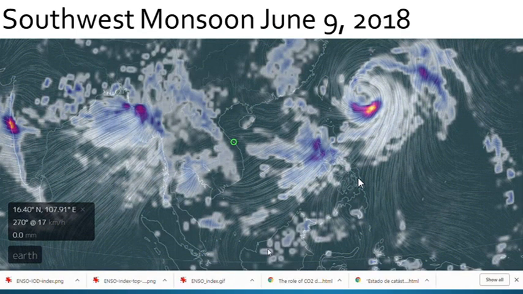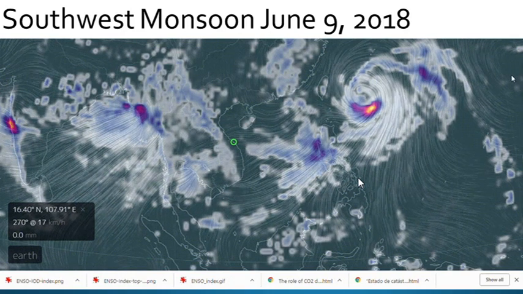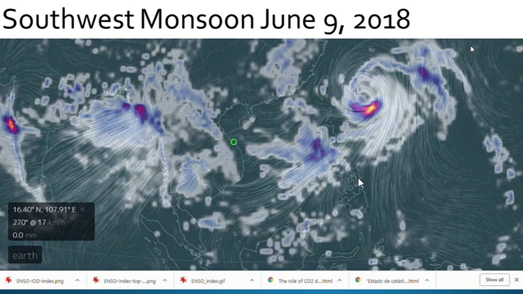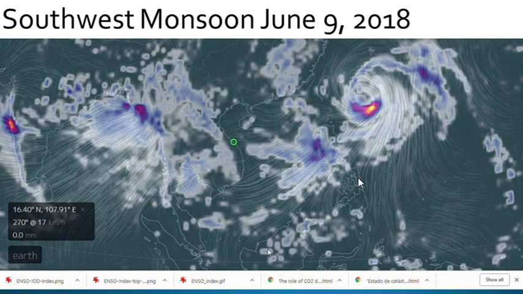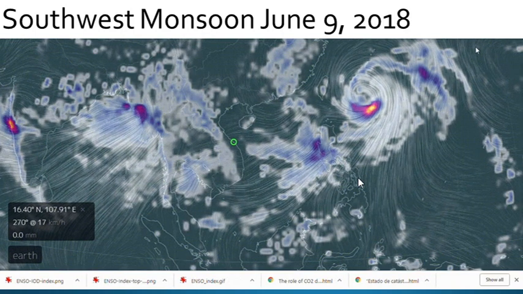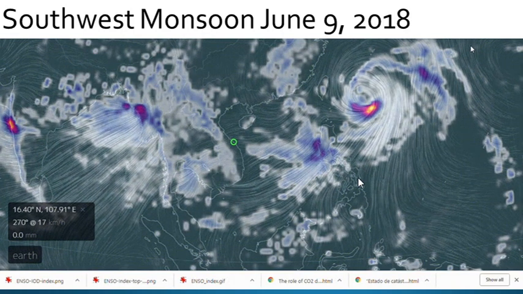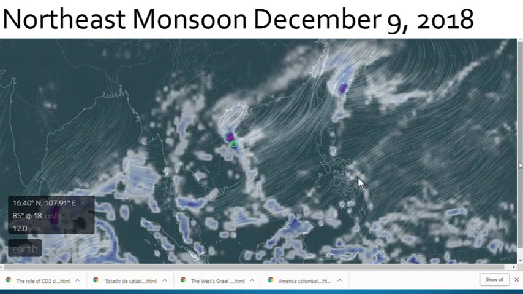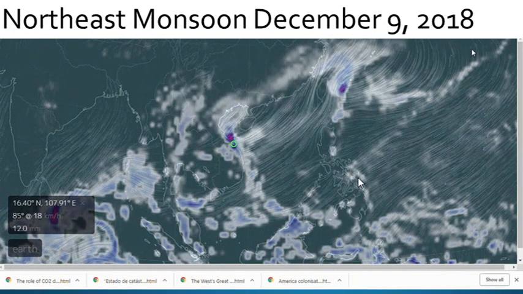So let's look at this with real historical climate data from Null School. Here, southwestern monsoon winds in June are bringing rain to many places, but Da Nang remains dry. Six months later, most of southern Asia is dry, but Da Nang got record rains.